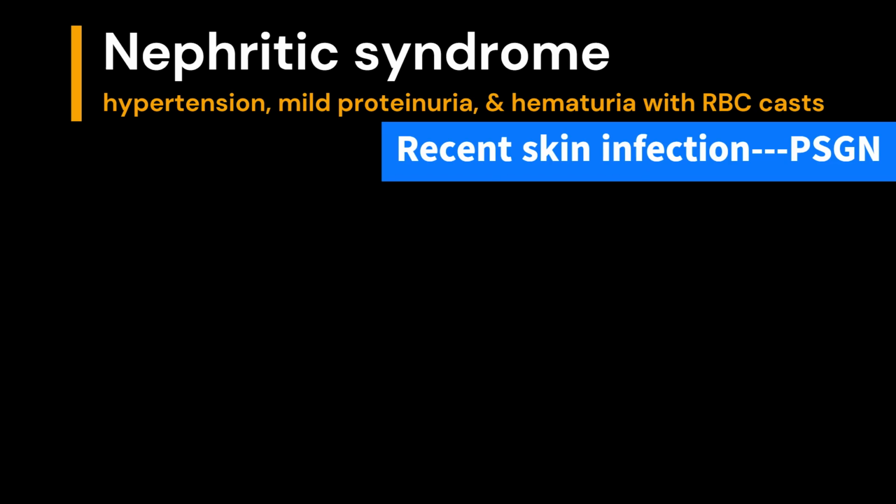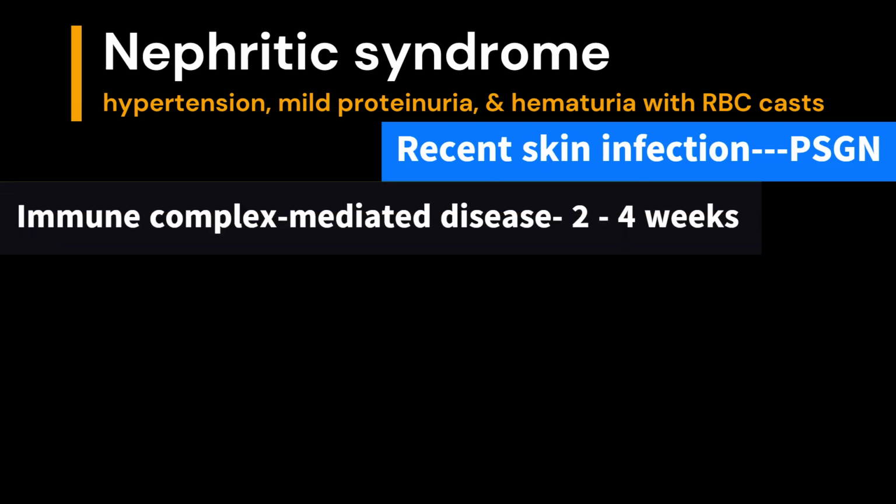in children. Post-streptococcal glomerulonephritis is an immune complex-mediated disease that occurs 2 to 4 weeks after exposure to group A beta hemolytic streptococcus, for example, pharyngitis or skin infection. Antigens expressed on nephritogenic streptococcal species combine with antibodies to form immune complexes, which are later deposited on the glomerular